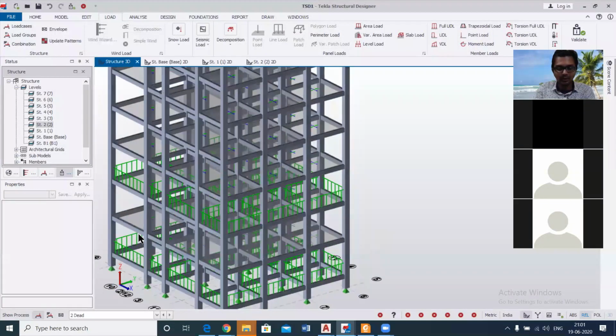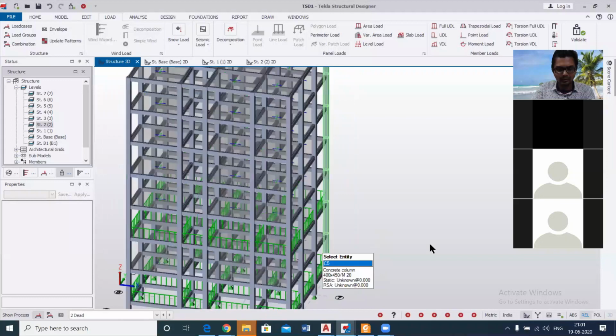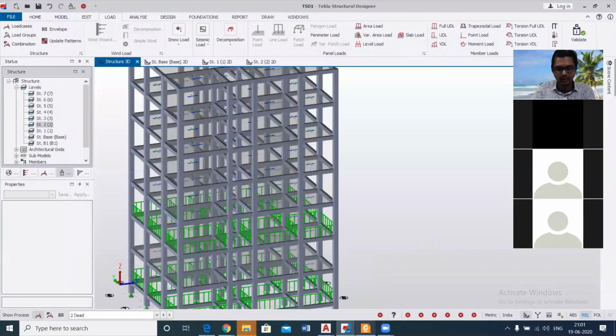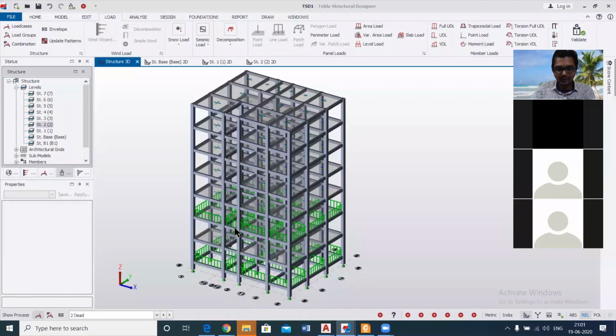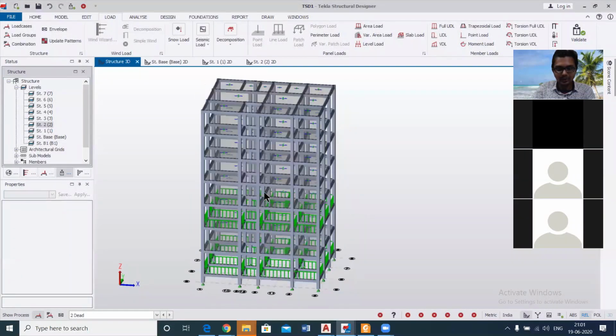For the inner walls also, for the, yeah, I did not get you, sir. Could you please repeat? You have this architectural plan. In these inner walls there will be walls, and below this there will be beams. So the load of this wall will be carried by these beams. Without any beam below the wall, the structure cannot be designed. If we are giving a wall here, then 100% there should be a beam below it, because the load will be carried by the beam and not directly by the slab. So that's why we have provided this dead load, and we can similarly provide this.